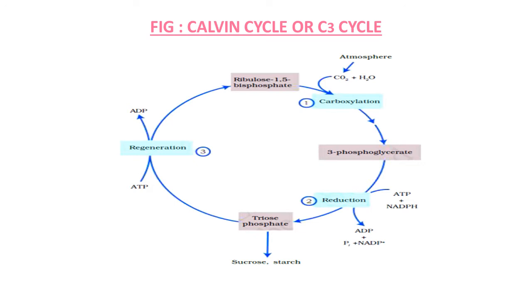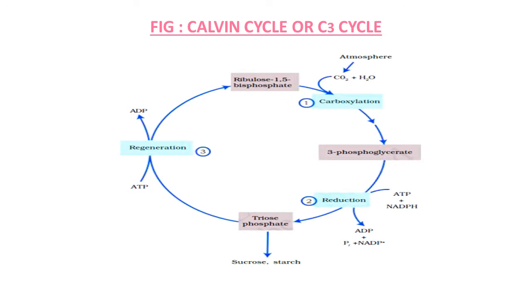This figure gives a clear idea about the entire mechanism of the Calvin cycle. All 3 phases, stages, we can study here clearly. Carboxylation, you can see the addition of carbon dioxide to RuBP. Then 3-PGA is formed, clearly we can study here. Second phase, reduction, is also indicated here. Formation of sugar, sucrose, starch.